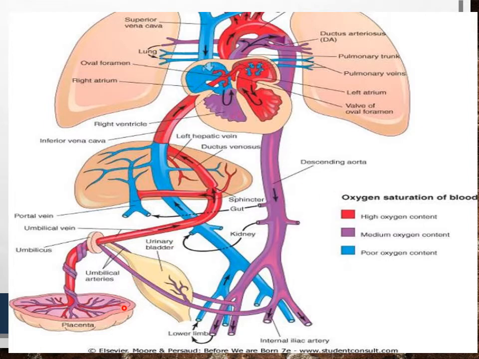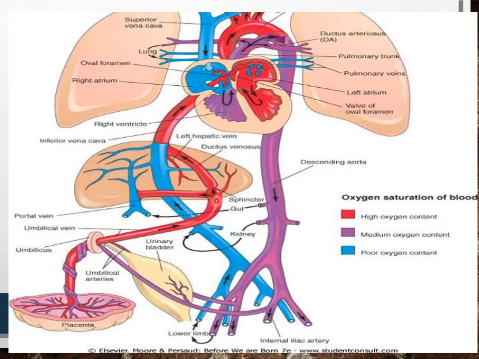For the fetal circulation, you know very well that the placenta helps with the saturation of the blood in the fetal blood vessels. After saturation, the blood, which is almost 80% saturated, enters the umbilical veins, and through the umbilical veins it passes towards the liver. At the entrance of the umbilical vein into the ductus venosus, there is one sphincter present, and here the blood is directly shunted from the umbilical vein to the inferior vena cava through the ductus venosus.